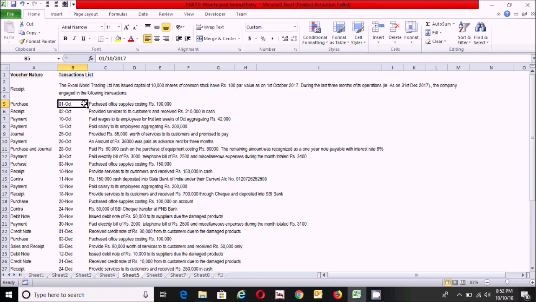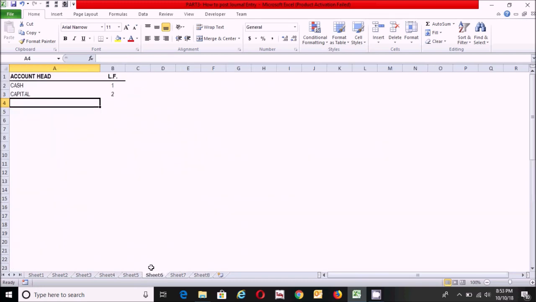So their journal entry will be purchase account debit to cash account. Now go to sheet 6 first and write the purchase ledger account, purchase account, and press the enter key. The cash account we have already written here, so it is not needed. Now let's go back to our